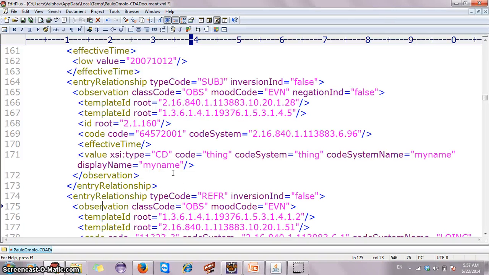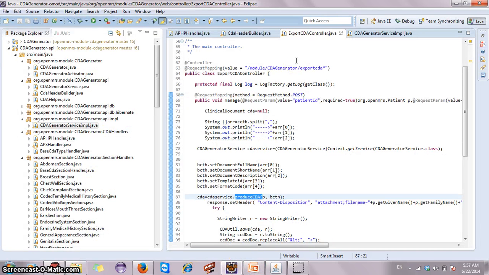I would like to show flow of control. When we click export CDA document, it goes to export CDA controller and takes input from form and calls the produce CDA method, which is in CDA generator service IMPL class.